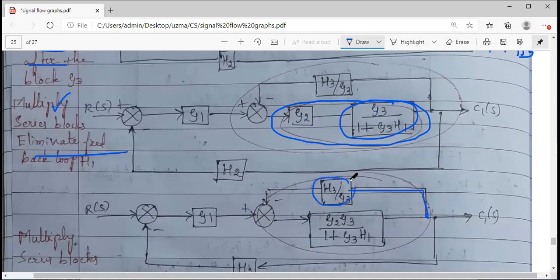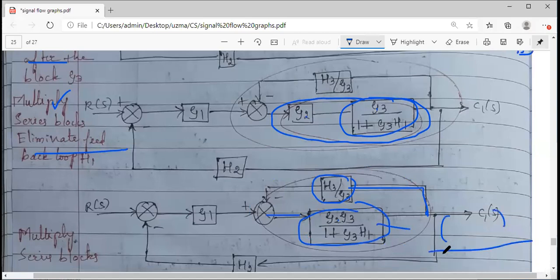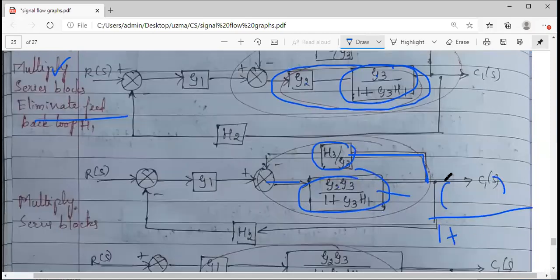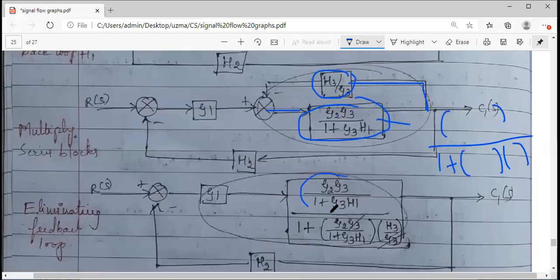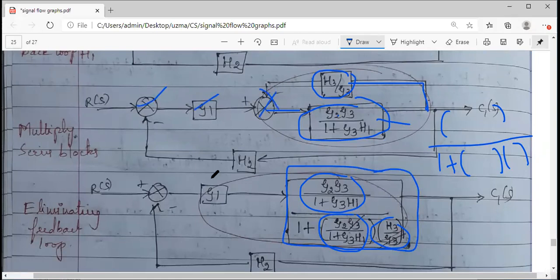Output is taken as a feedback. So this is your feedback gain. This is your forward gain. So the forward gain value divided by 1 plus forward gain value into feedback gain. You have to write like this. I have drawn here, see, forward gain divided by 1 plus forward gain into feedback gain. So I have eliminated this feedback loop. I have taken a single block where I have written the transfer function. Remaining, see, summing point, G1, this will go away.